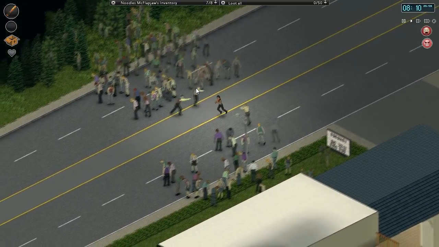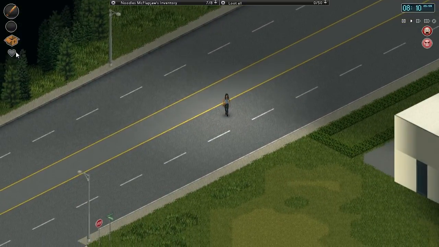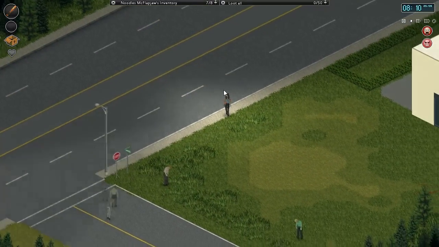Got a big old herd right here. We can sprint through the middle. Hopefully our injury doesn't come back. Is my health dropping? No, very minor damage. Okay, so we lived. Jumping off the second floor, I don't think that's something...